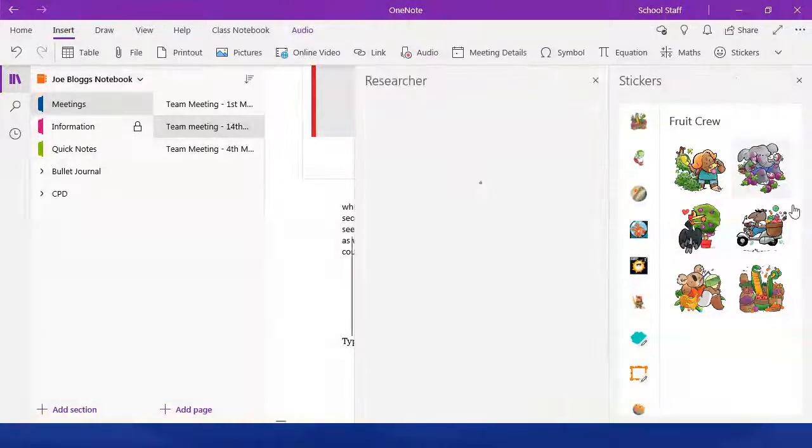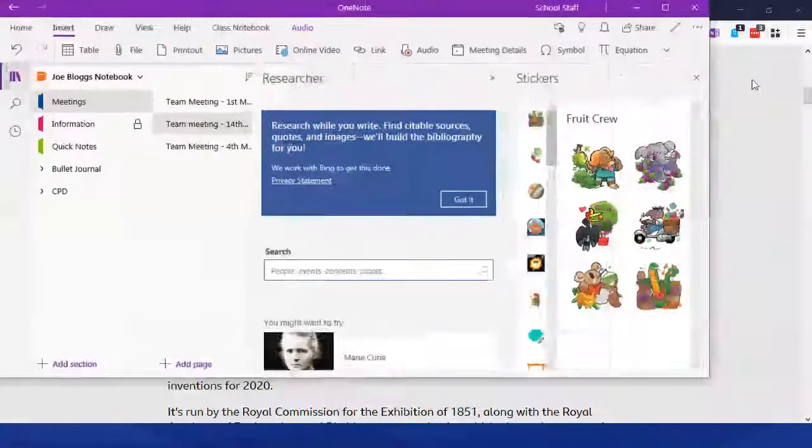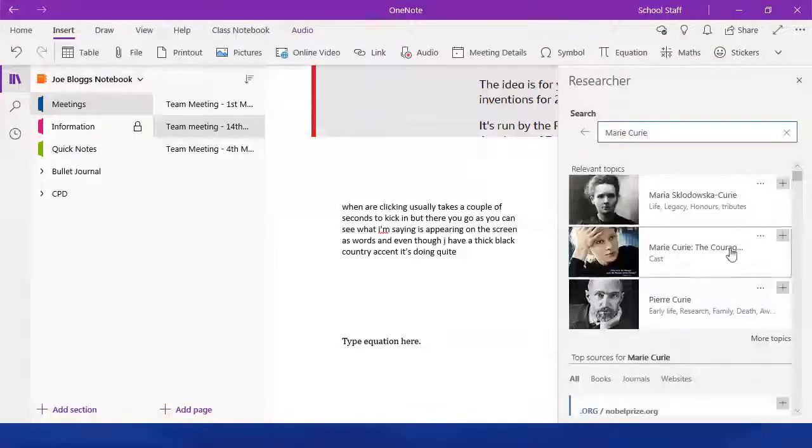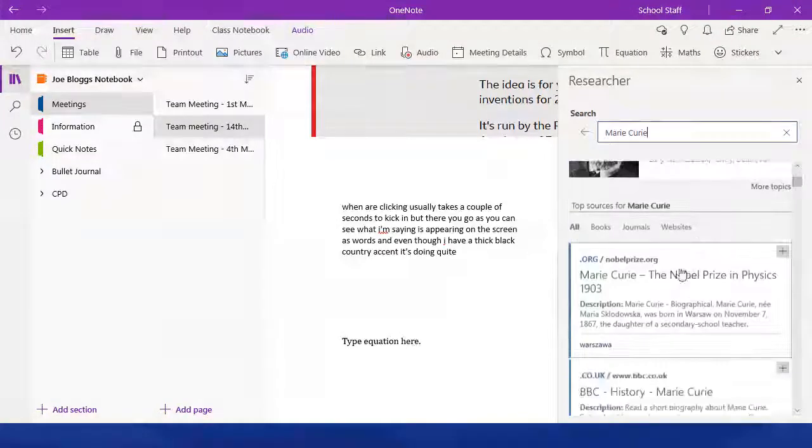Researcher is something that you'll be seeing a bit more of in Microsoft products as well. Essentially, if you're researching something, which, let's be honest, OneNote is great for taking notes, you can just type in what you're searching for. So they've given an example there, Marie Curie. And then what it will do is give you options. So there you go, we've got some relevant topics, we've got some top sources. I could click on